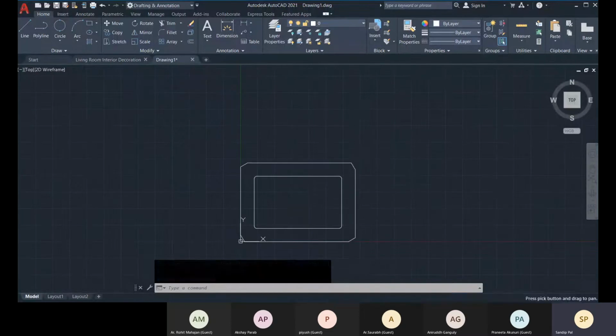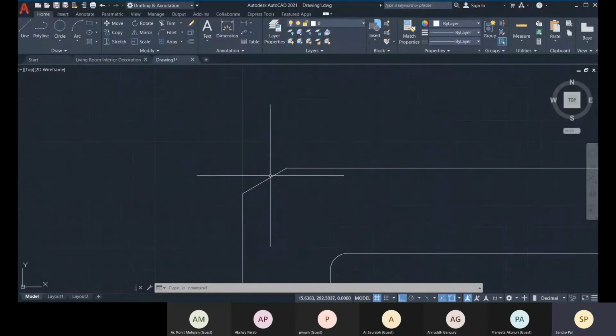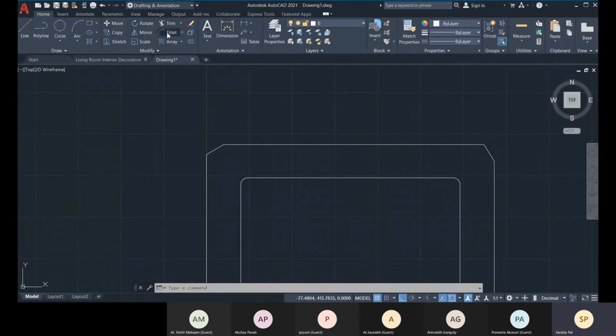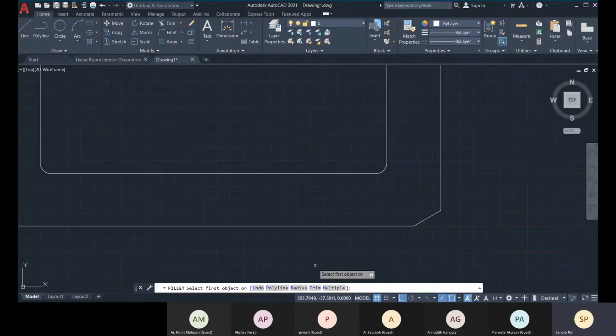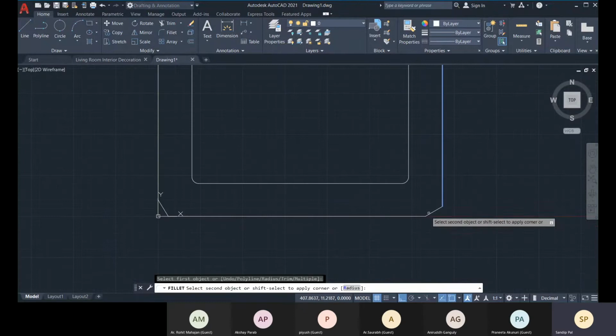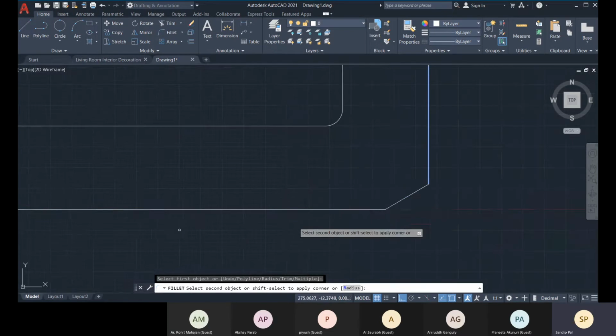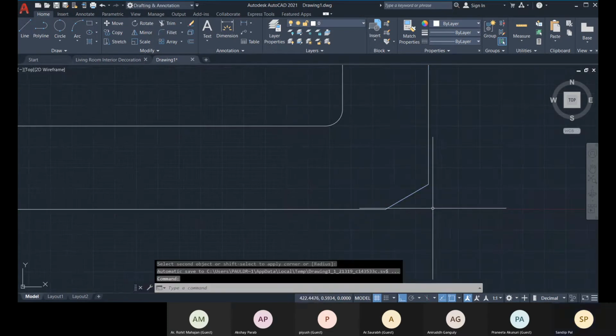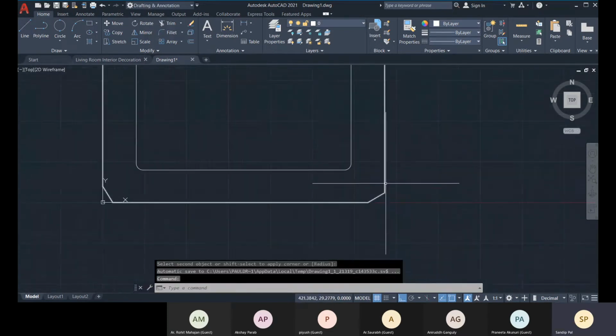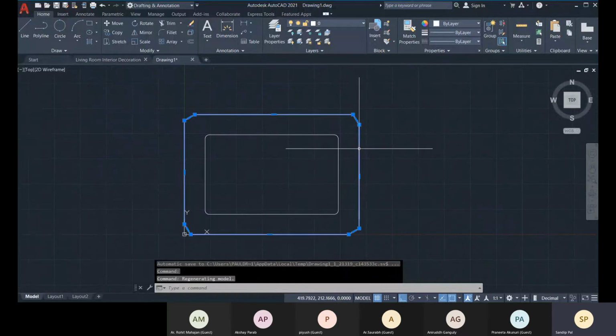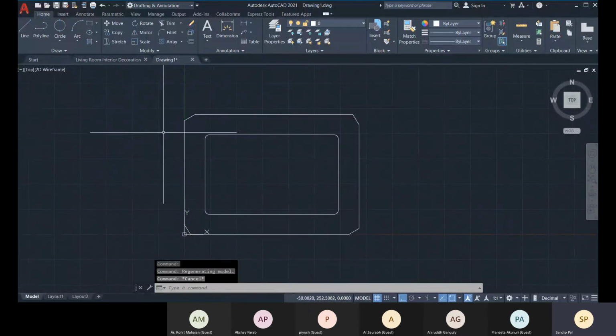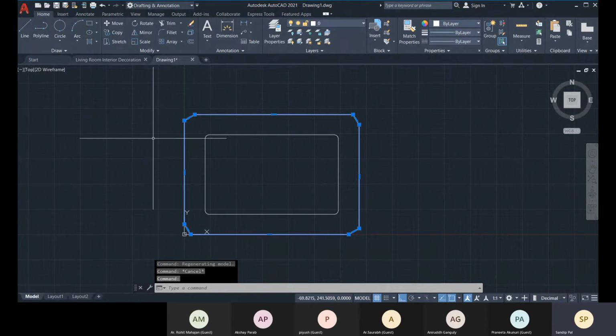It's not bringing it back at the sharp corner. Okay, let me check just once. If I go with the single only, okay, so it's not taking here, cannot. So for that, what I can do, as this is a single object right now, I can